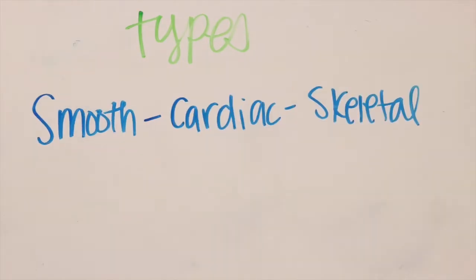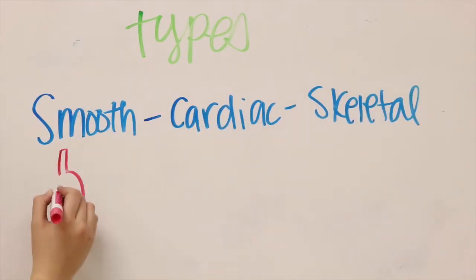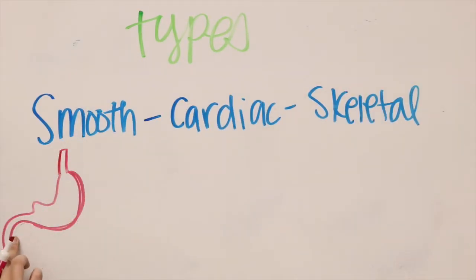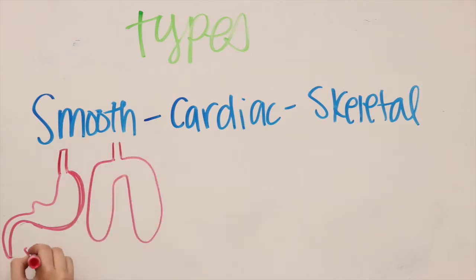There are three different types of muscle: smooth, cardiac, and skeletal. Smooth muscle is typically found in the stomach and the airways. This kind of muscle pushes and relaxes organs to get the desired material where it needs to be, for example,